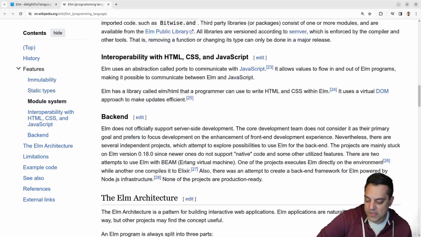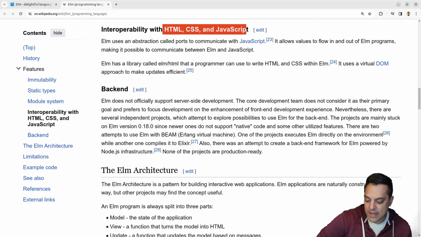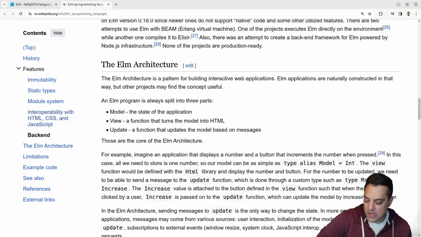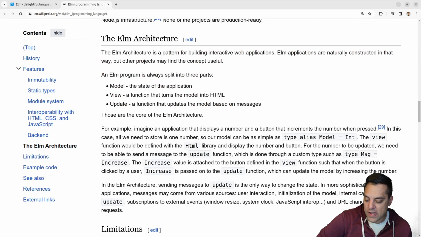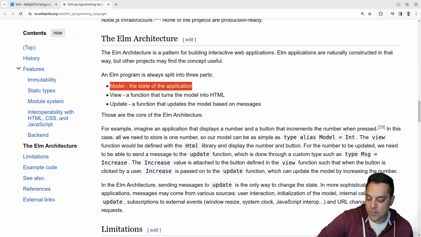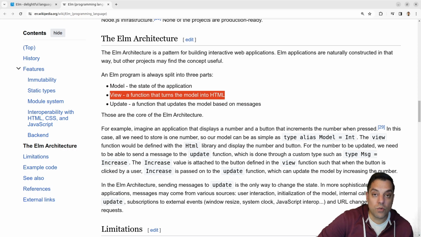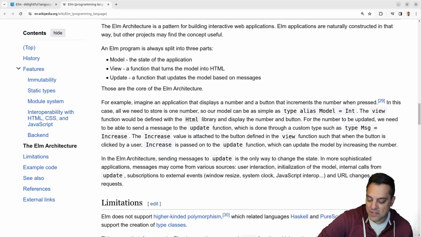There's a module system. Again, it's got an interop, so I guess I can just plug in or maybe inline HTML, CSS, or JavaScript, although we'll find out. It does follow a model view controller. Okay, this is one of the main architectural software design patterns. Model, the state of the application, view, what you see, and then the update, or this is model view update, I guess here. Sorry, didn't mean to say controller, but update, the function that updates the model based on messages. Okay, I wonder if this is a message passing like architecture. Anyways,